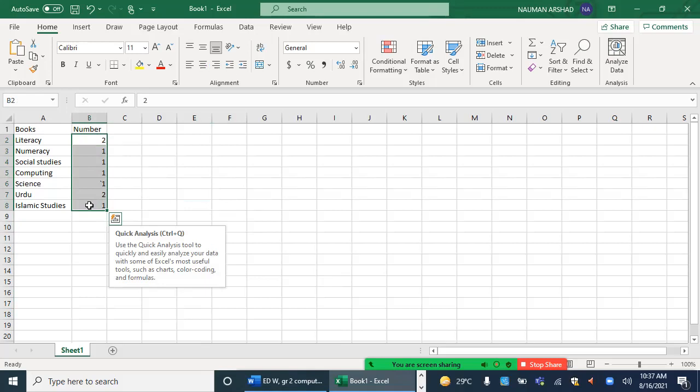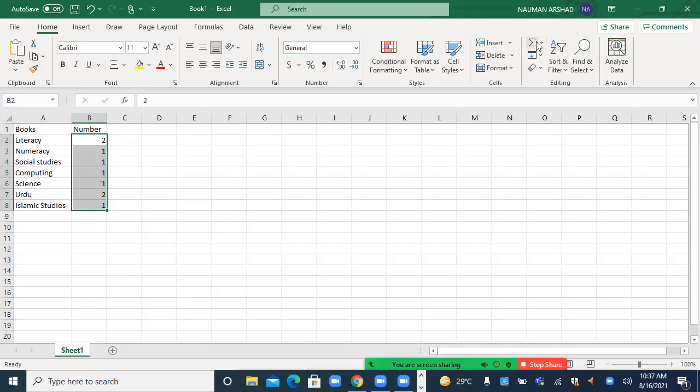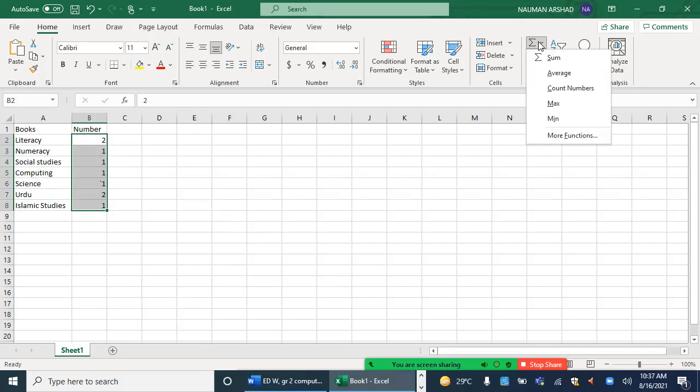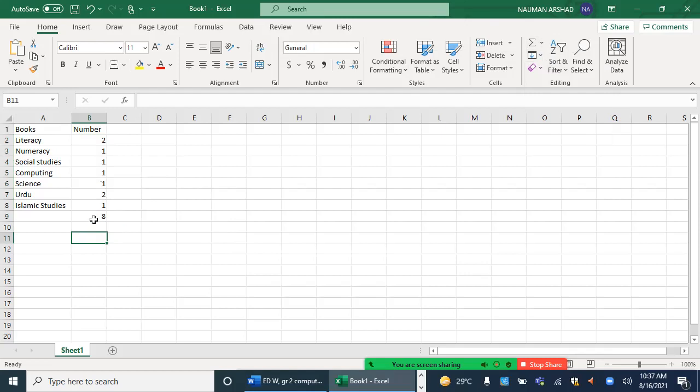How I have selected: you can press Control and then drag this. Yes. Now I will go over here and click on sum. In the very next cell, it has added all of this and told me that the total is 8.